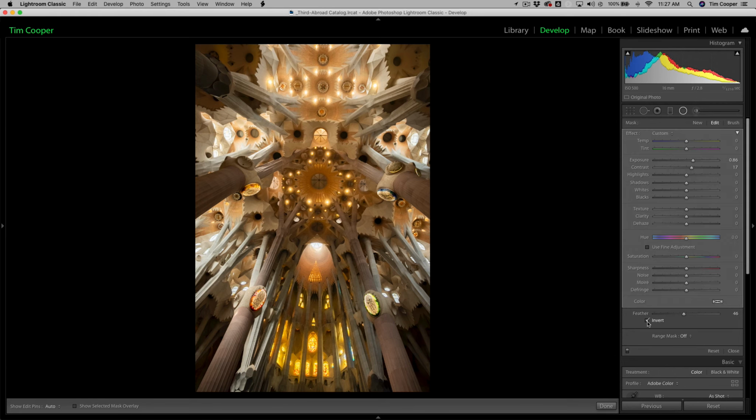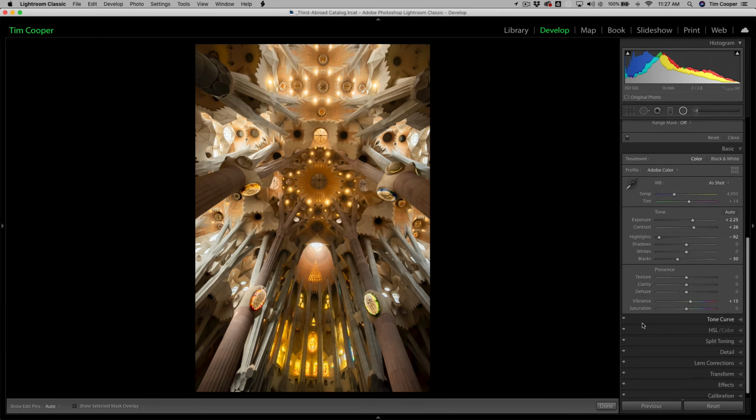And now if you look at the before and after, you can see how you've lightened up that center without it being really obvious, and it just adds a little more depth into the photograph. Now the last thing I'm going to do with this, which is really common with urban landscapes at night, or interiors, especially of churches and cathedrals and museums and things like that, is we're going to go down and look